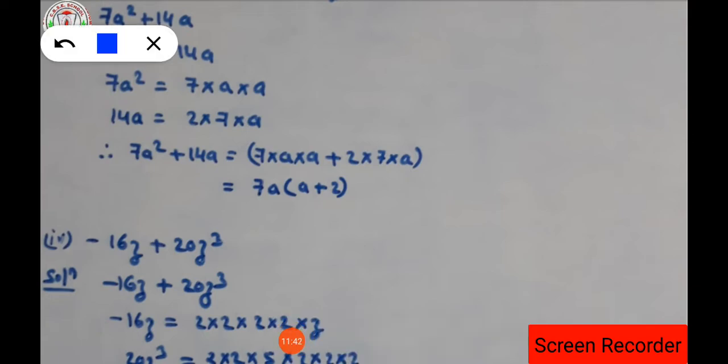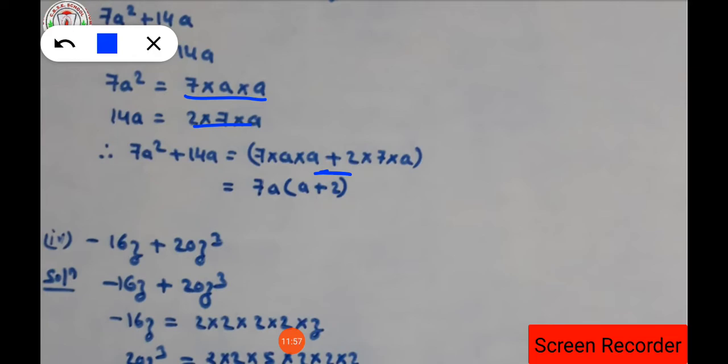After expanding the terms, we have to write according to the question. If two terms are there and those two terms contain plus, the plus sign will come here. If the terms have a minus sign, the minus sign comes in between that expanded form. Keep it in mind.